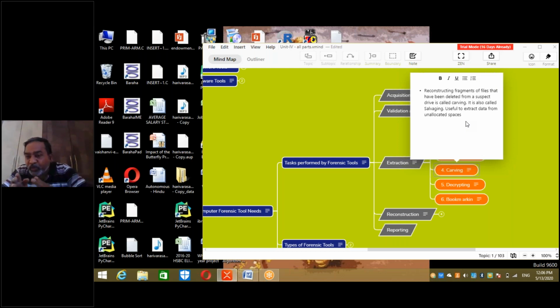It is very crafty work. That's why the name carving is given. What is carving? Molding. So molding the case to suit the investigation process so that the crime scene can be recreated as perfectly as possible, as a 100% replica as possible, to the maximum extent possible. A faithful replica of the crime enacted by the perpetrator. Right? It is useful to extract data from unallocated spaces. Now, the question arises: when it is unallocated space, how does the data get there?